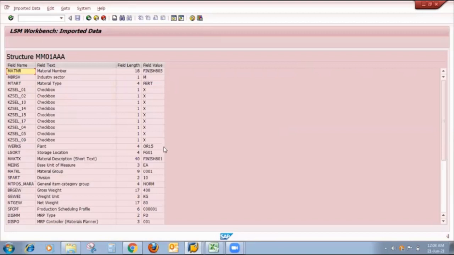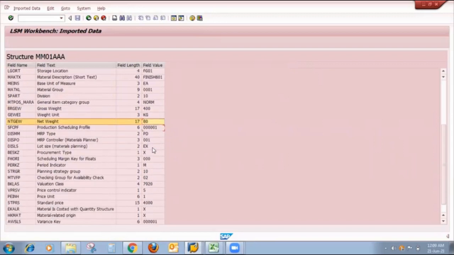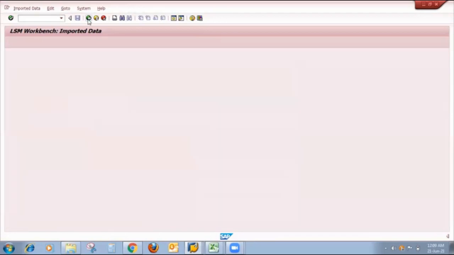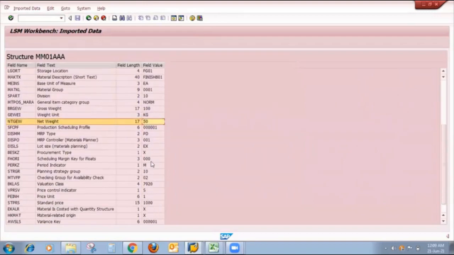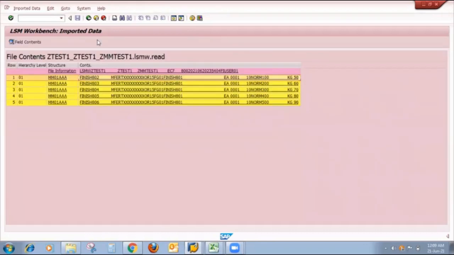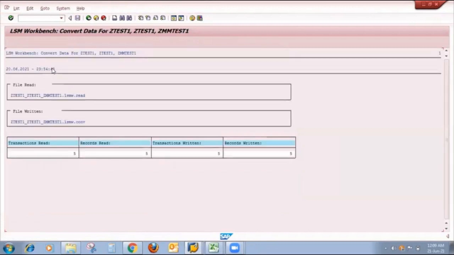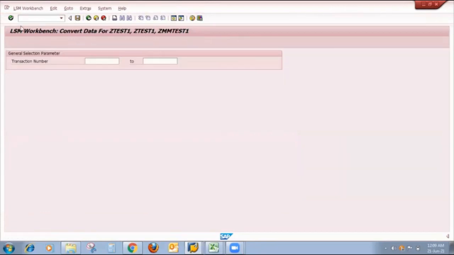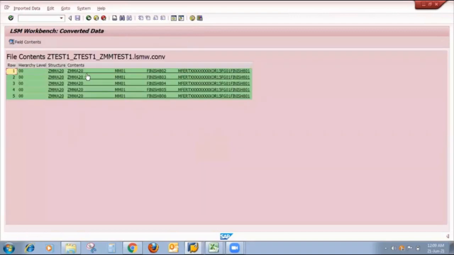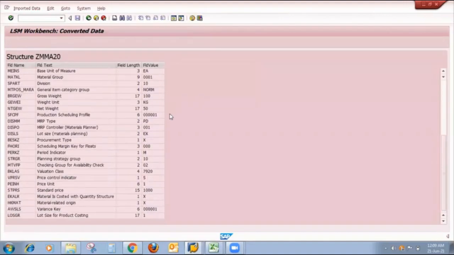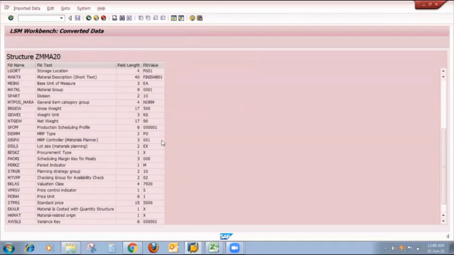In our finish 805 material, gross weight is 400, net weight is 80, and standard price 400. So again, if I check for 802, there is gross weight 100, net weight 50, which means data is properly fetched in the system. So now is convert data. Yes, if I click on the execute button, all 5 records are converted properly. Next step is to display converted data. Now this color is green. If I check randomly for 2 materials, all data is properly converted. For the last material also, 806, all data is properly converted.